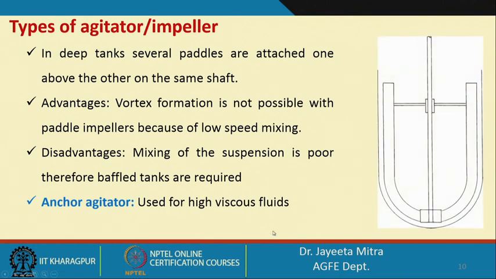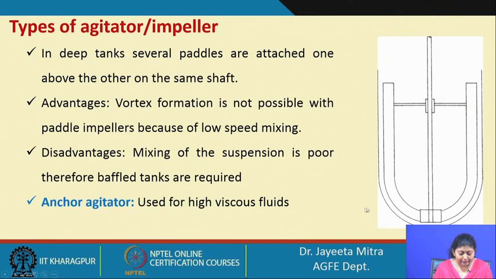Okay. So, for types of agitator or impeller, another kind is the anchor agitator. This is used for high viscous fluid. The blades are the shape of an anchor, and since it surrounds the whole region, it has high power of mixing. It is used for high viscous fluid because it has a shearing blade. It will help in moving the viscous liquid because the thrust will be more because of the length of the blades.